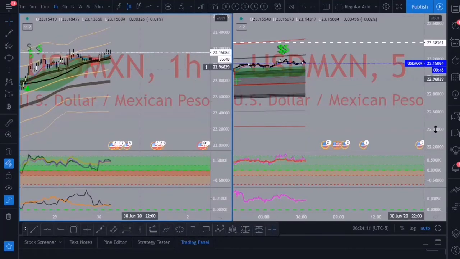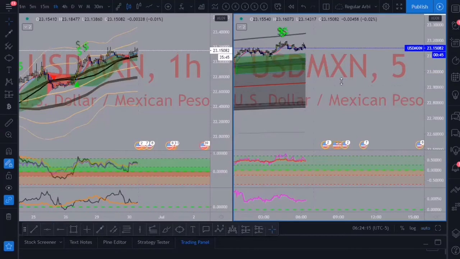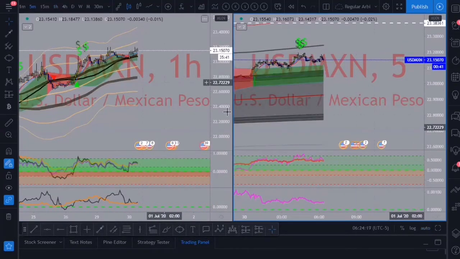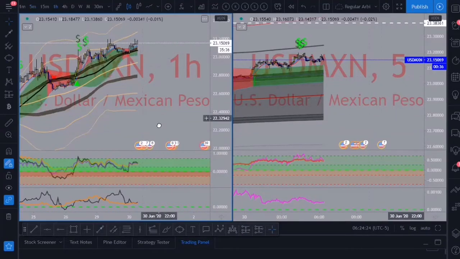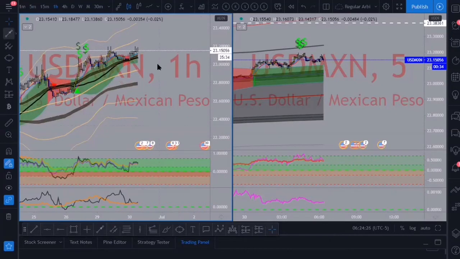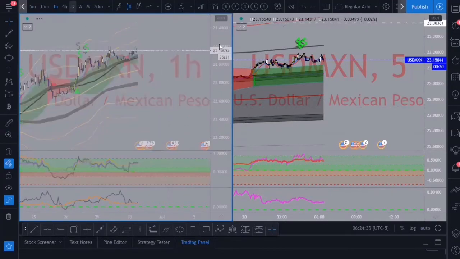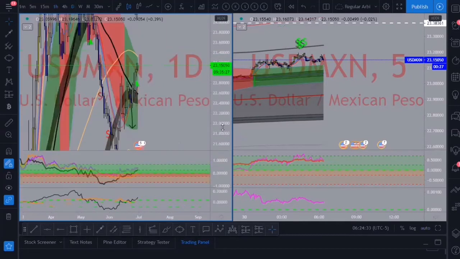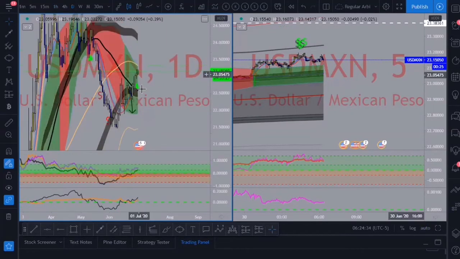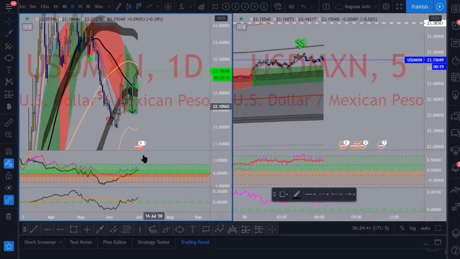All right, so USD Mexican, it looks like about the same thing with GPUSD, is that it just needs to break and retest this RSI line, which looks pretty solid to me. I like the sells on, wait, actually, just real quick, I want to go on the daily time frame. Ooh, yeah, I would want a sell to retrace so that we can get the retest of the RSI line. Okay, that's cool. I'm just gonna mark that up real quick because this would be an area of interest for me.